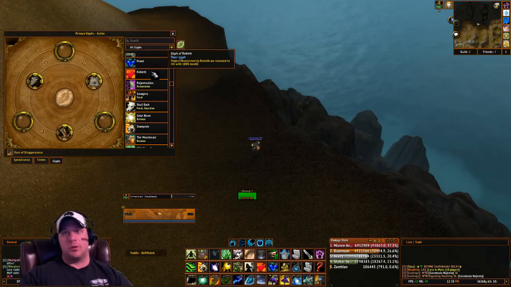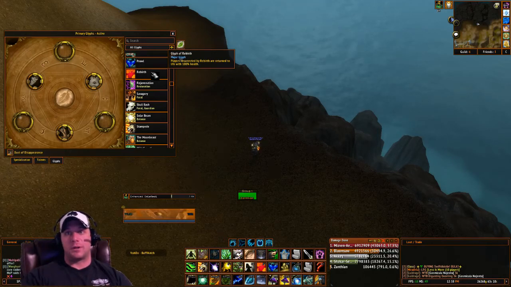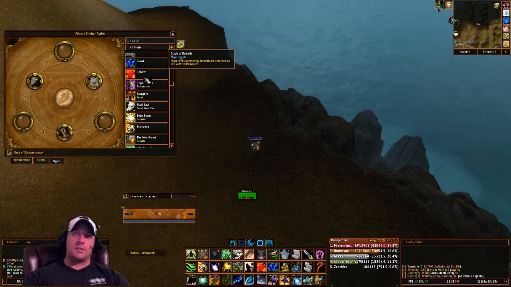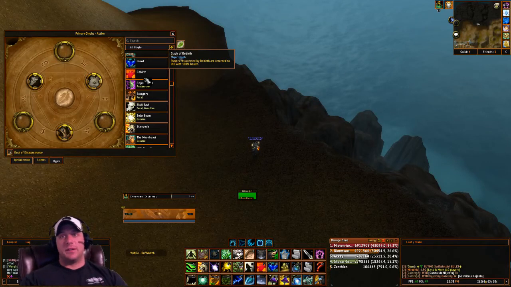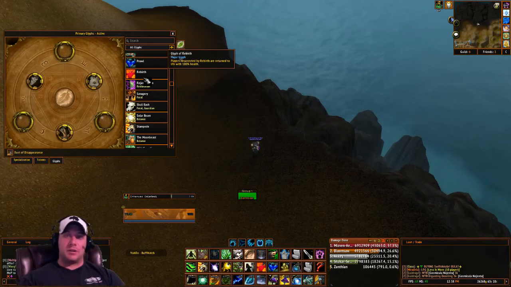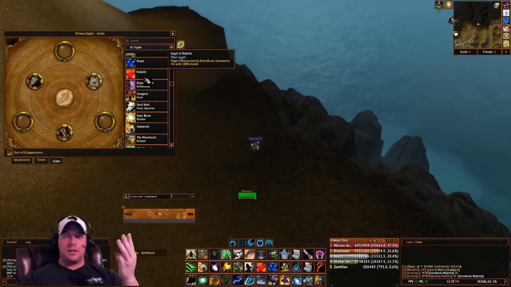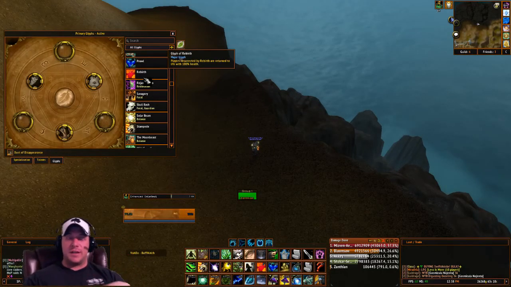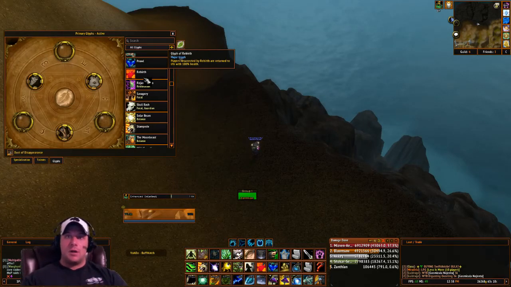Glyph of Rebirth. Players resurrected by Rebirth are returned to 100% health when they are rezzed. Again, guys, this is a good glyph. I like this glyph. This is definitely one, with this one, Glyph of Lifebloom and Glyph of Healing Touch. So far, we've got 3 glyphs that are viable, that we can see situationally have a benefit. This glyph,